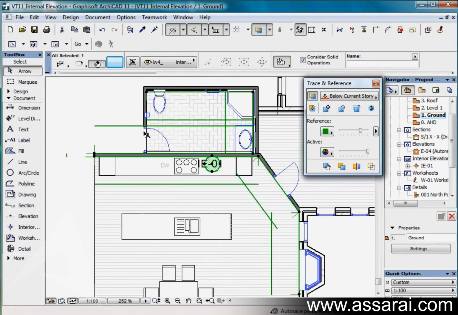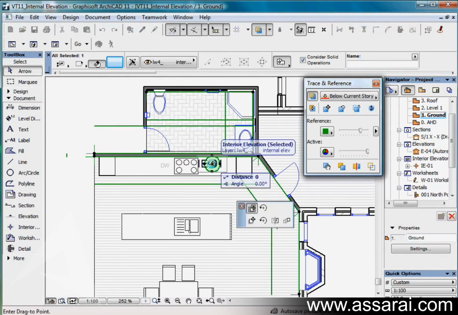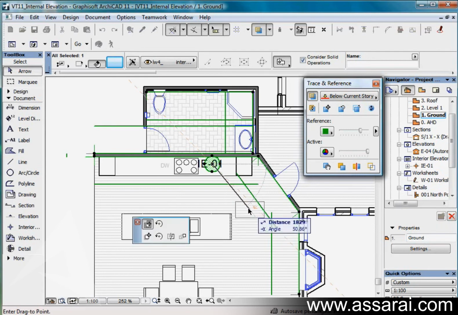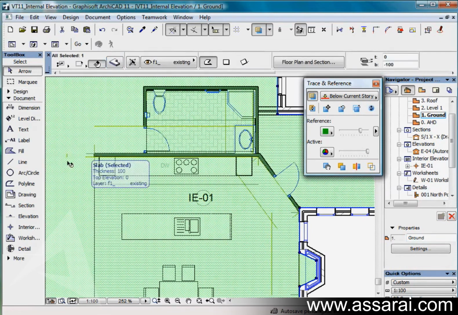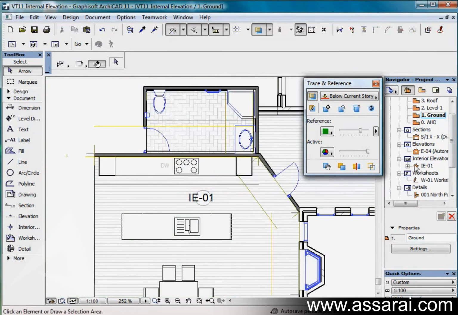I can just hit the arrow tool, then I can just left mouse click on the center node in that marker. Make sure in the pet palette, I'm still holding my left mouse button down, I've got this upper left hand icon which is move sub element. Let my mouse go, and then I can move that marker to anywhere I like. So once that's done, we can see